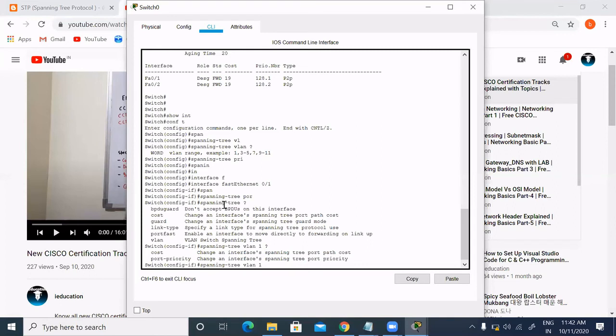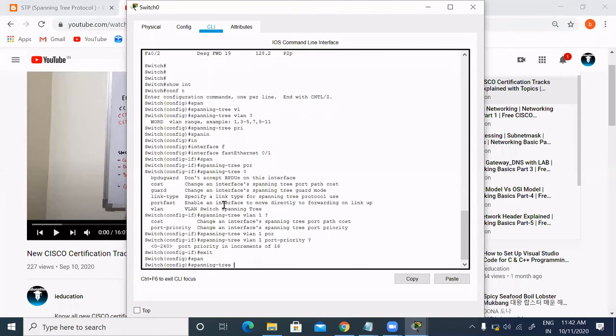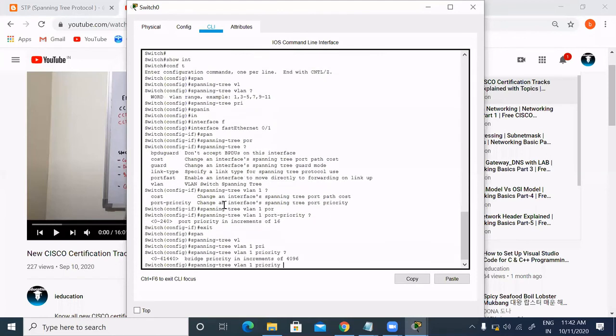From this command, you can change the port priority also. Same way, with this command, you can change the default priority. It should be in increments of 4096. By default it is 32768, but you can change that default priority with these commands.